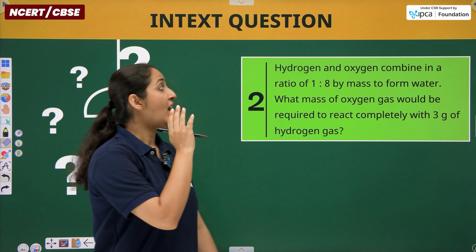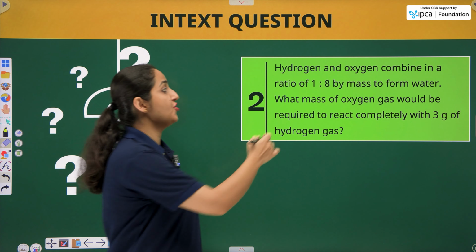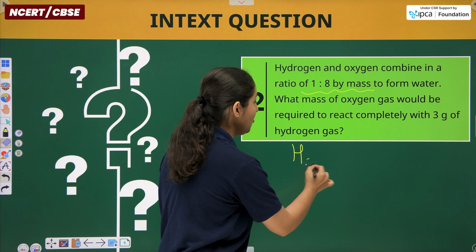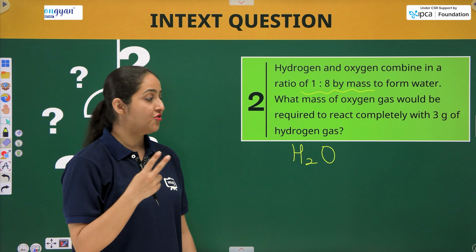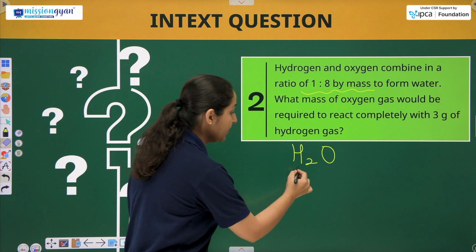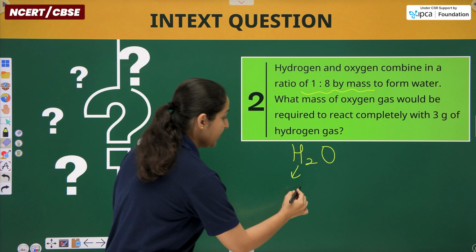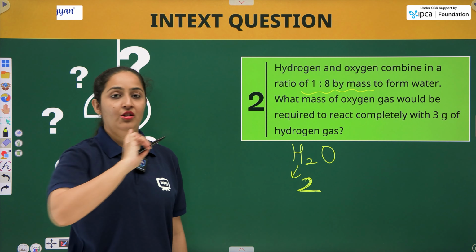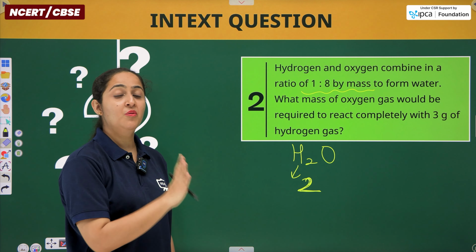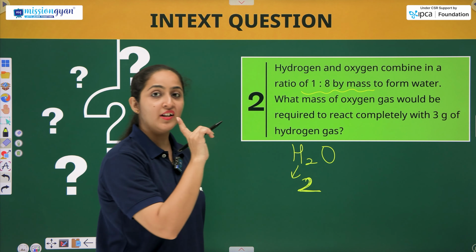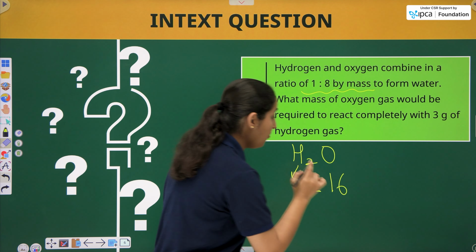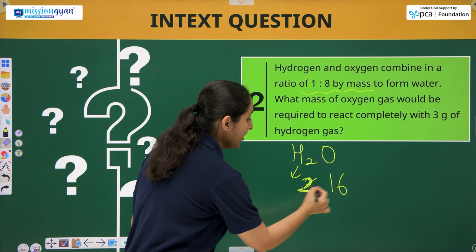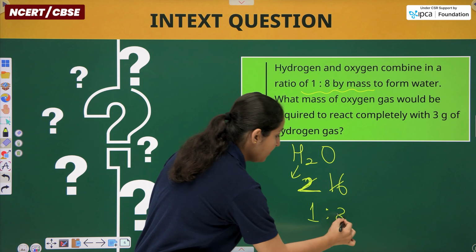Let's move on now. Hydrogen and oxygen combine in a ratio of 1:8 by mass. तो हमें पता है students, H2O में there are 2 atoms of hydrogens, 1 atom of oxygen. So the mass of hydrogen is 1U. तो यहाँ पे हमारे पास 1U का है, यानी कि यहाँ पे टोटल मास जो हाइड्रोजन का है इस कंपाउंड में वो कितना है? 2U है. और ऑक्सीजन का कितना है? एक एटम का मास है 16. So what is the ratio in which these two elements are combining to form water? अगर आप इसको करें तो ये होगा 1:8 by mass.